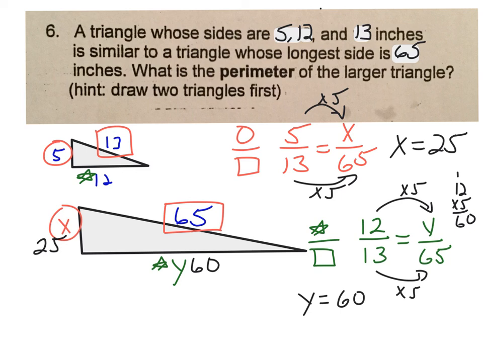Now you're not done because you still have to add them up for your final answer, because the question is, what is the perimeter? So let's go ahead and add these up. 65 plus the 25 for the smaller side plus the 60 for the medium side. And when you add it,